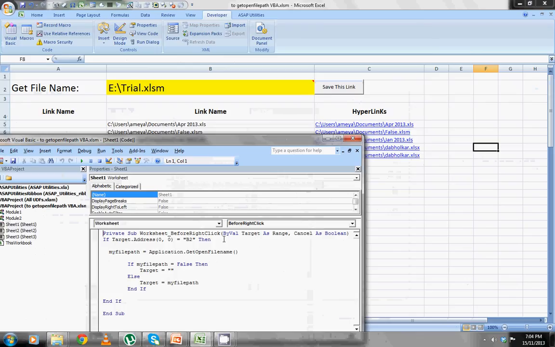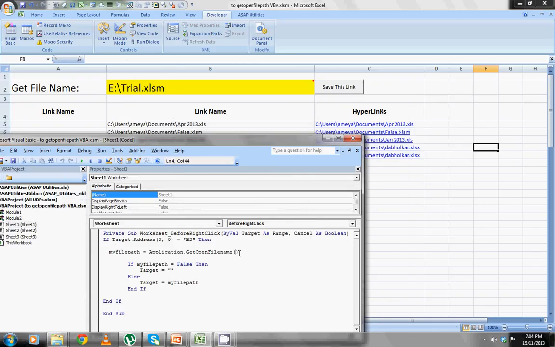It sets automatically. For any function you have to set ByVal target as range, but this is set. So I have just done if target address 0,0 is B2, then my file path equals application.GetOpenFilename, open parenthesis and close parenthesis.